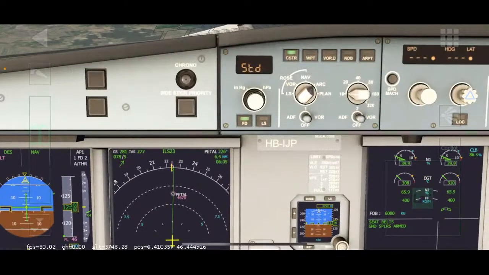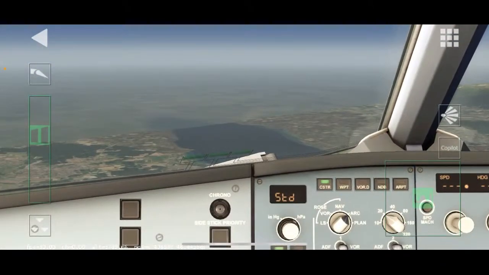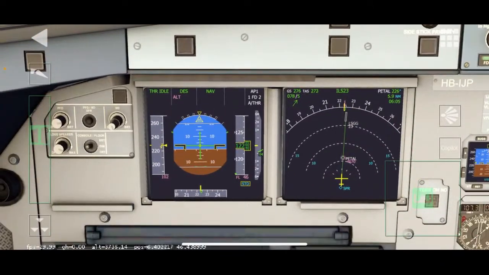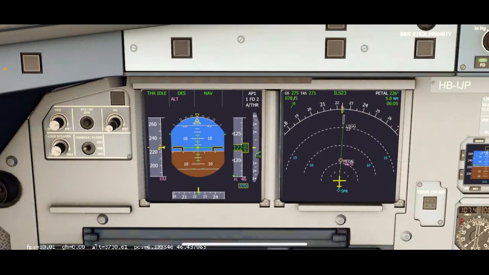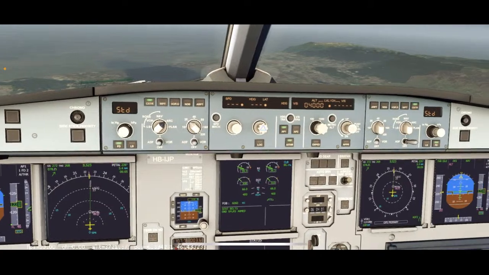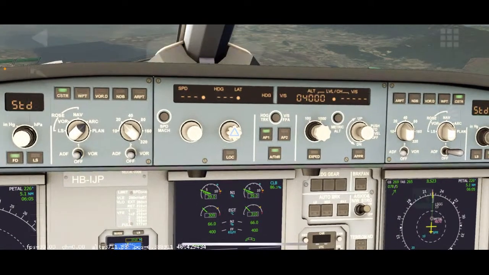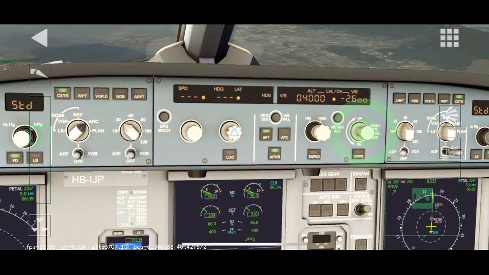Okay, hold up. This is quite interesting. I need to see my constraints up here. The airport is literally somewhere down here, and I'm all the way up at 12,000 feet. Altitude, yeah, what is going on? Oh, my approach. Go to vertical speed and put it to negative 2,000. Okay, got you.